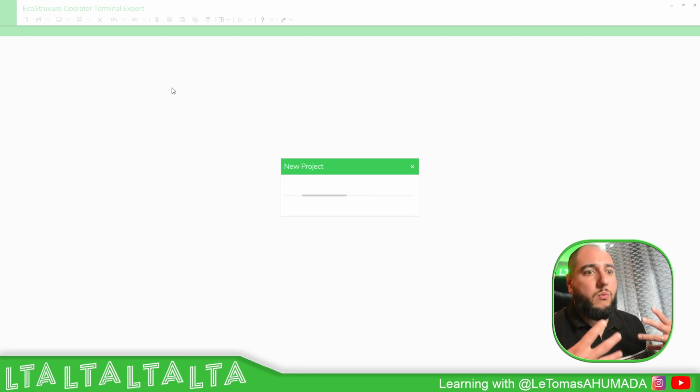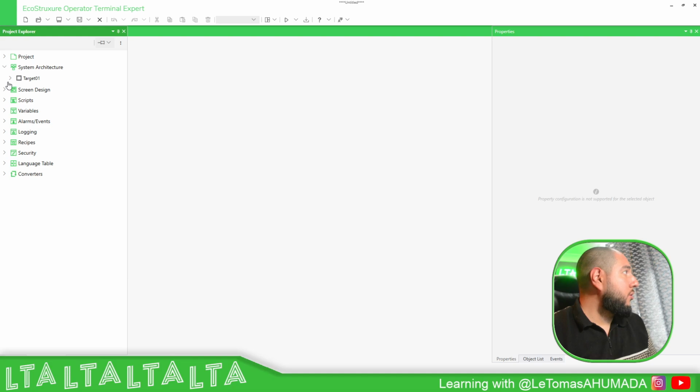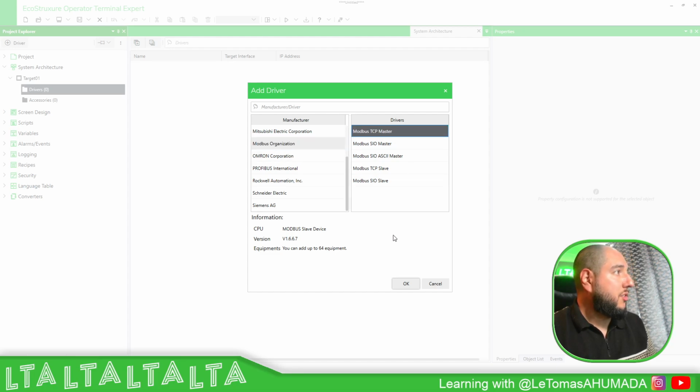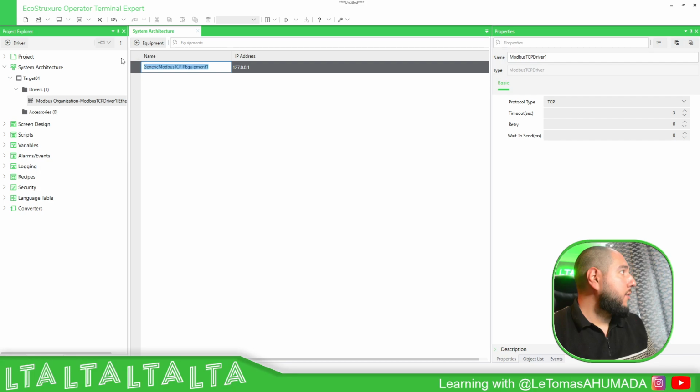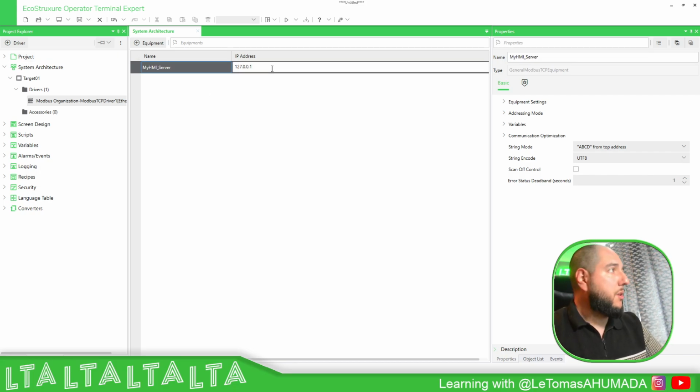So basically we need one to be the master or the client. If this one's going to be the master, we just need to go to the target, drivers, and then here select, for example, Modbus organization, Modbus TCP. It's going to be my HMI server. It's going to be the CPU that I'm going to communicate to. So it's the HMI